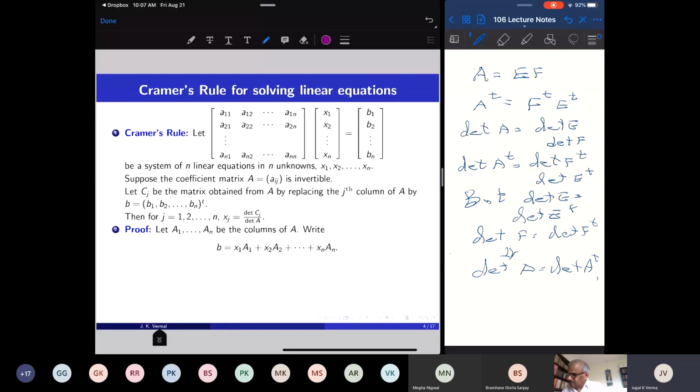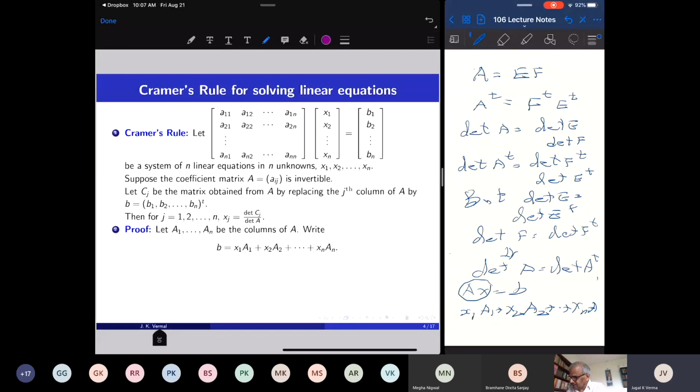Okay, this is a very important way of understanding Ax. We have Ax equal to B, but Ax can be thought of as a linear combination of column vectors, x1 A1 plus x2 A2, etc. So there are two ways of understanding Ax. How do we multiply A with a column vector?